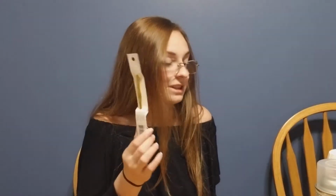But next I got a 5mm crochet hook. The only reason why I bought this actually is because I couldn't remember if I do have a 5mm crochet hook or not. So I got this, and let's see, I also got